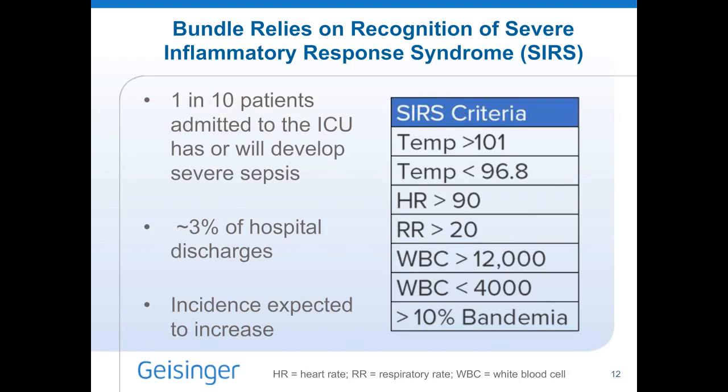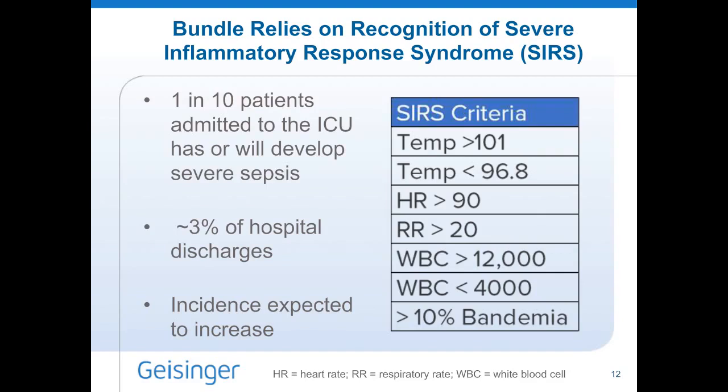This is because when SIRS hits a human being, it's because of the human being's response towards the bacterial or fungal or other pathogen antigens. What becomes a pro-inflammatory response to upregulate the immune system to react kind of overdoes it, and then there has to be an anti-inflammatory response to get people back in homeostasis. So it's what makes sepsis hard to recognize.